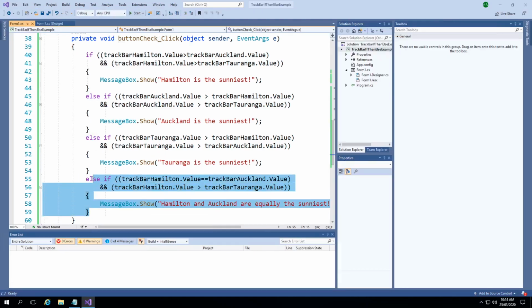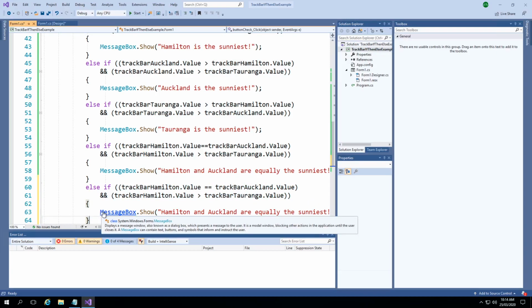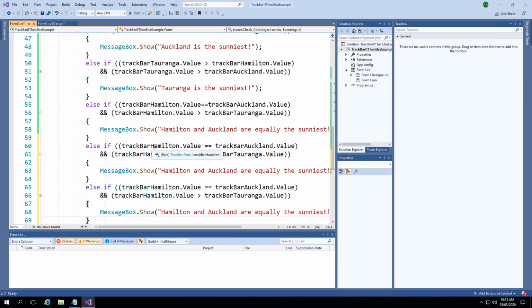Okay, so let's add to the if statements. So we're going to just add two more. This is going to be the case where Tauranga and Auckland are the same, and so we have if Tauranga equals Auckland, and in fact we want Tauranga is greater than Hamilton, because Hamilton's the odd one out of that pair. So we change that. That should be correct. We get Tauranga and